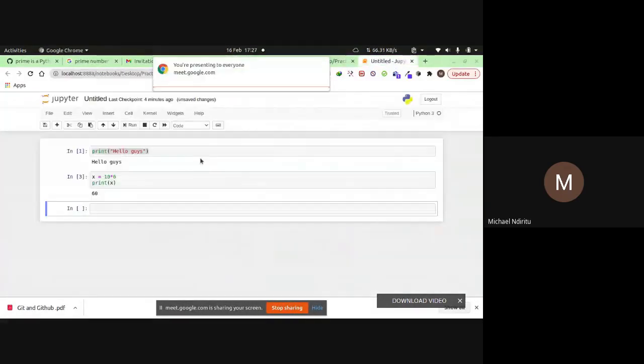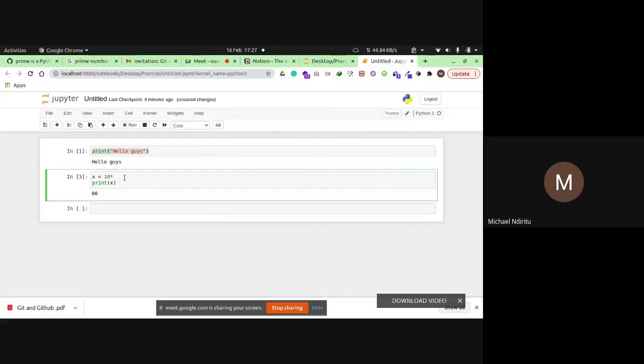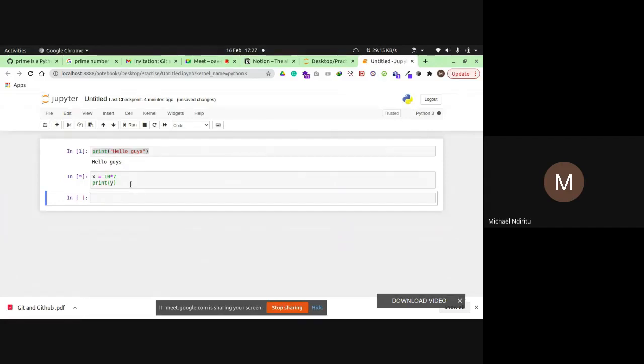Let me see. What was the syntax error? I can see on my screen I can change it. But if there's an error, you can just go to the next cell. They're called cells. If you are not able to type on the same cell, just go to the next one. Let me try and get an error intentionally.